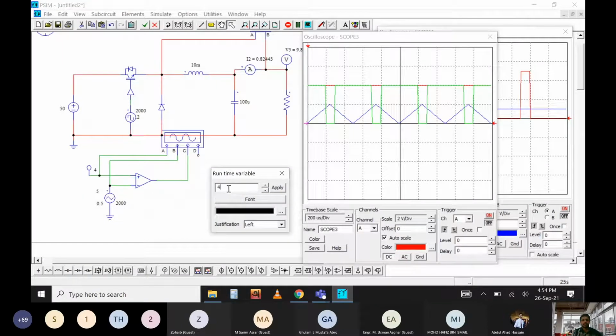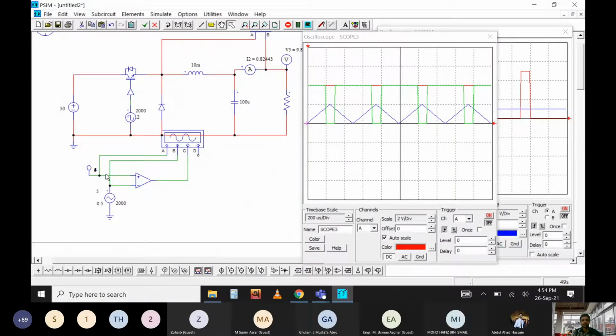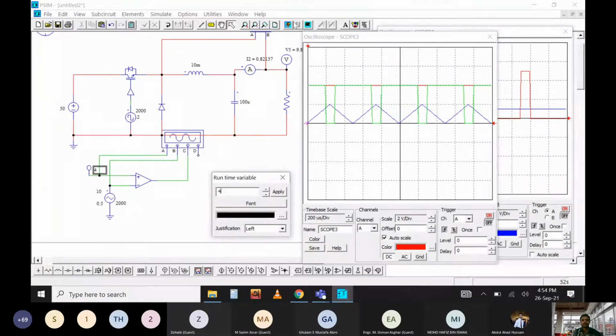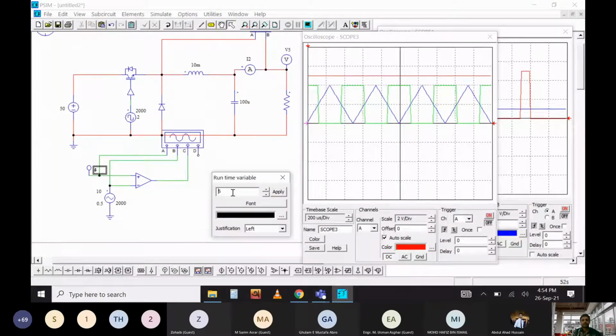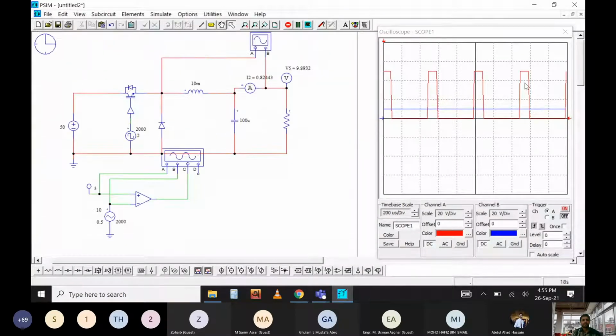Okay, so now we had better get back to the previous value, like 10 volt. And now this is a control signal, and you can easily change the value to generate this control signal. So you can see how the green one, the output voltage, is changing. The more you increase the control value, the pulse width will increase, and that's how you are going to modulate the control signal, which is going to be fed to the IGBT.